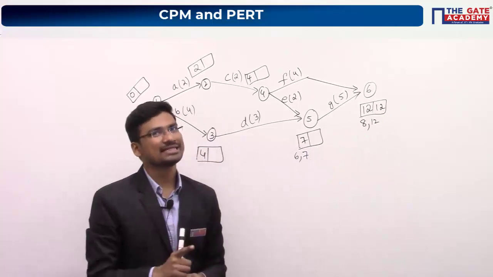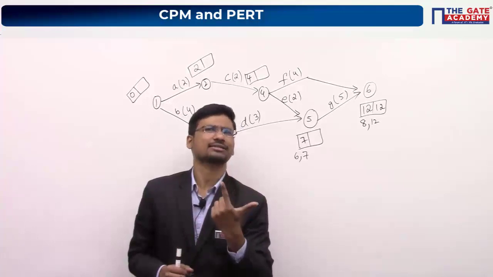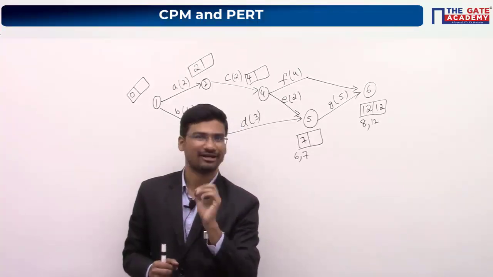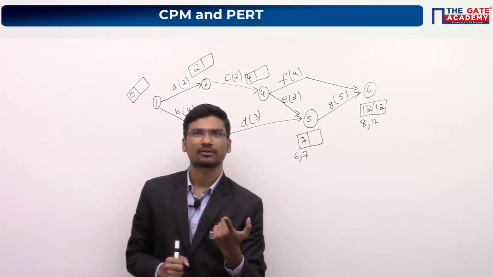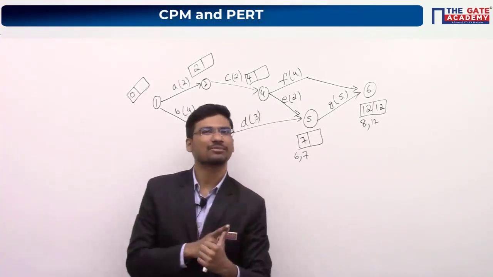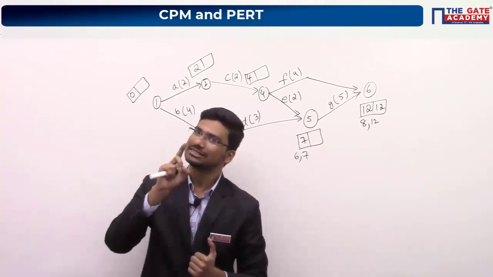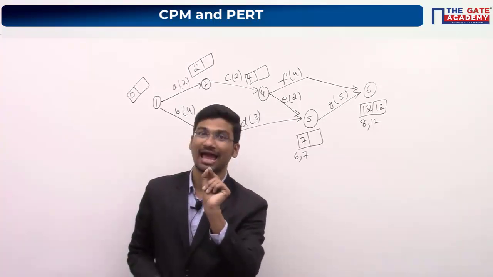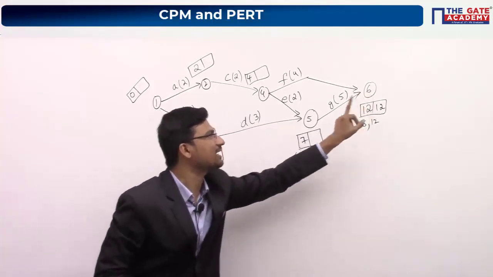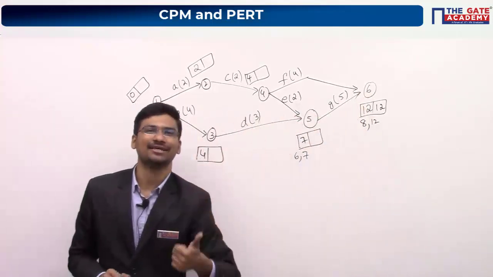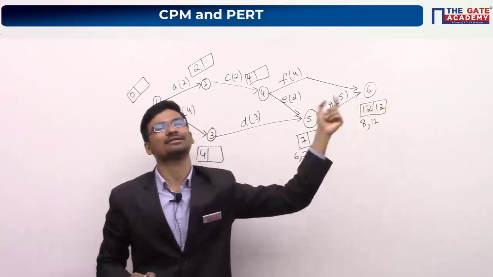Okay. So the reason is, I have already discussed one more concept which is known as slack, right? So what is slack? Slack is the permissible delay period of an event. Okay. So what about float? Float is the permissible delay period of an activity, and for critical activities, float values are 0. Similarly, for critical events, slack values should also be 0 because you cannot delay critical events. Definitely your last event and your first event will be critical events. So 12 minus 12, it should be 0.